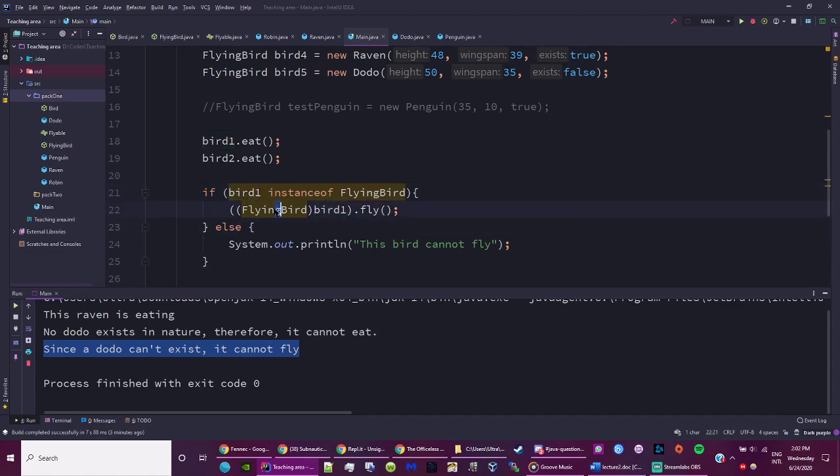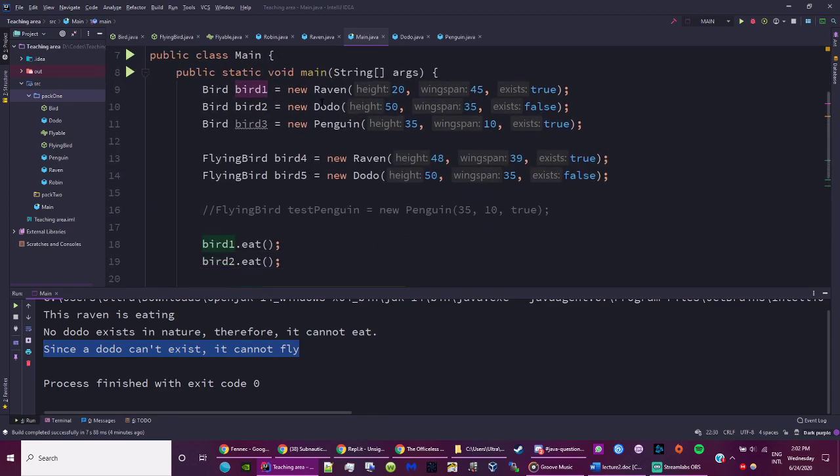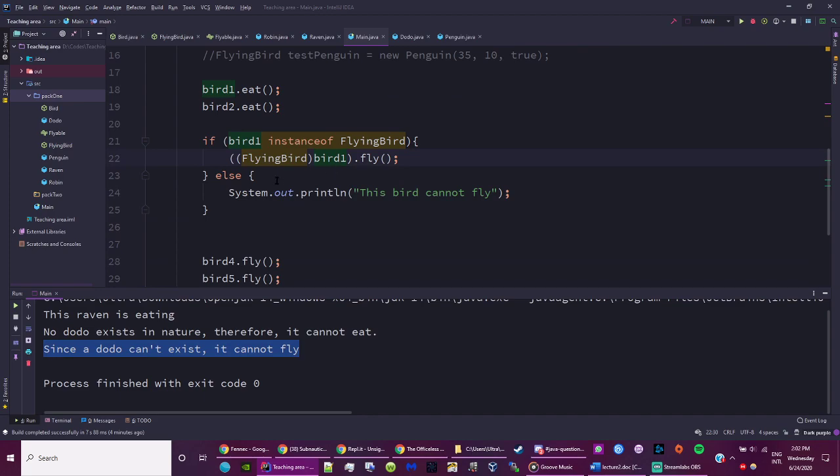Now going down to what we specify inside the condition, we're taking our bird 1 object and typecasting it to a FlyingBird,